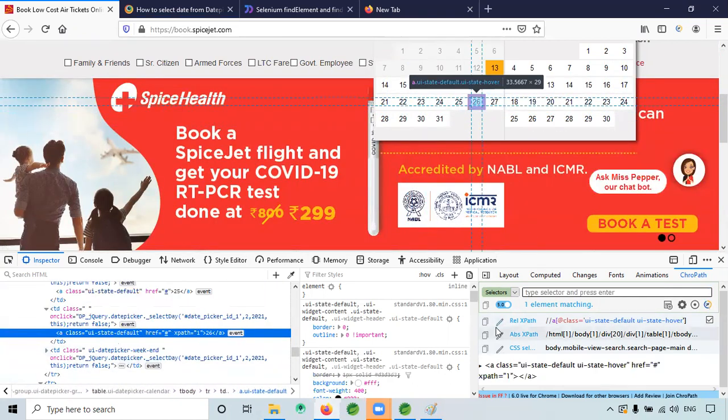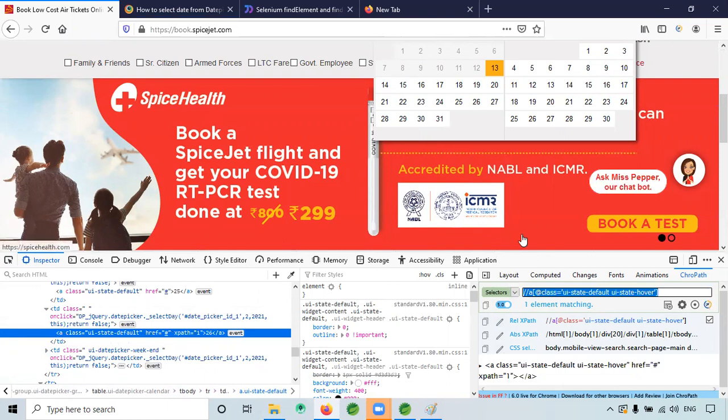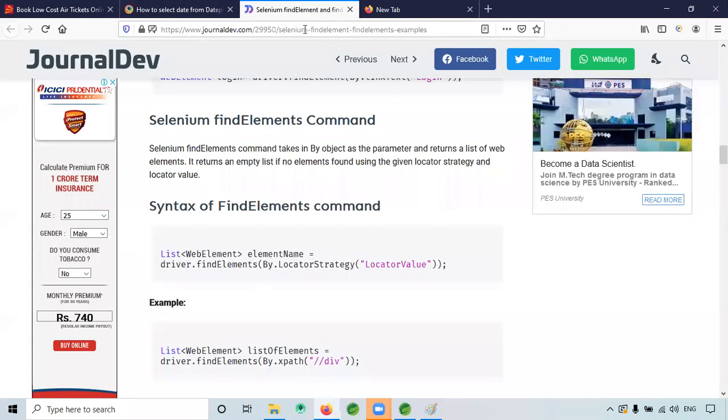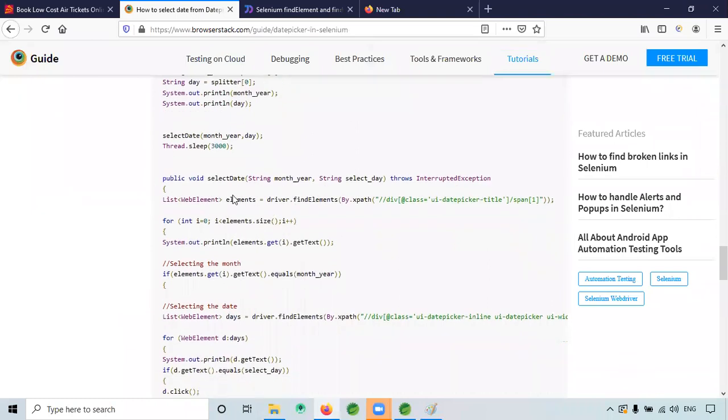So you are saying, like, if I am going to test this calendar functionality, then I need this particular tag's XPaths from 1 to 31. See, what they will do is for all the dates, they used only one XPath. Even if you click 20, the same XPath will come. If you click 26, the same XPath will come. So for all the elements, they used the same XPath. So in such cases, we have to go for find elements.